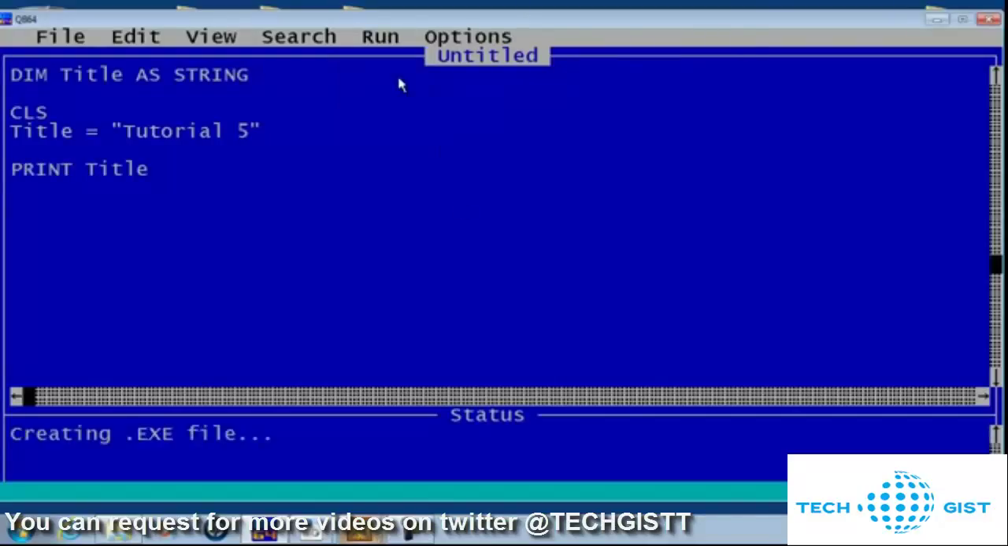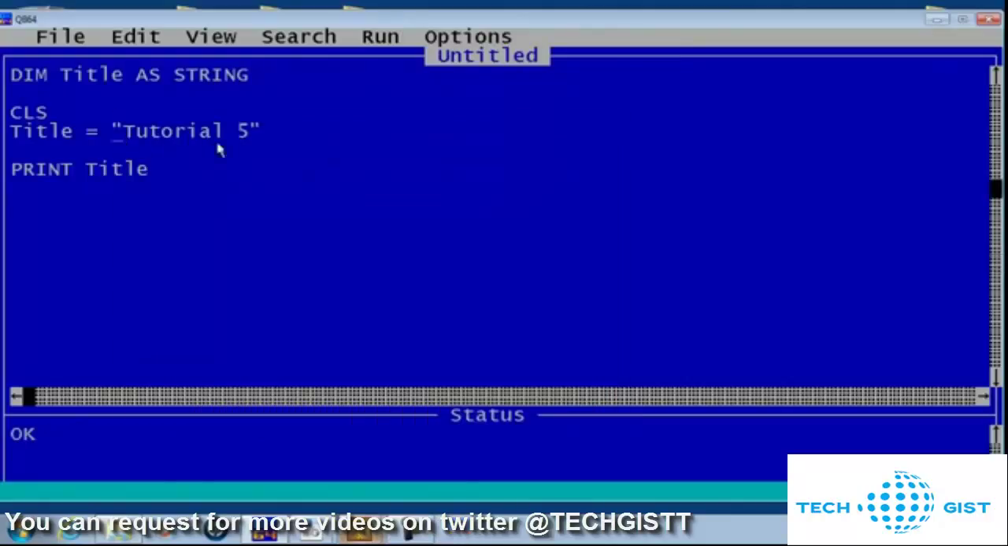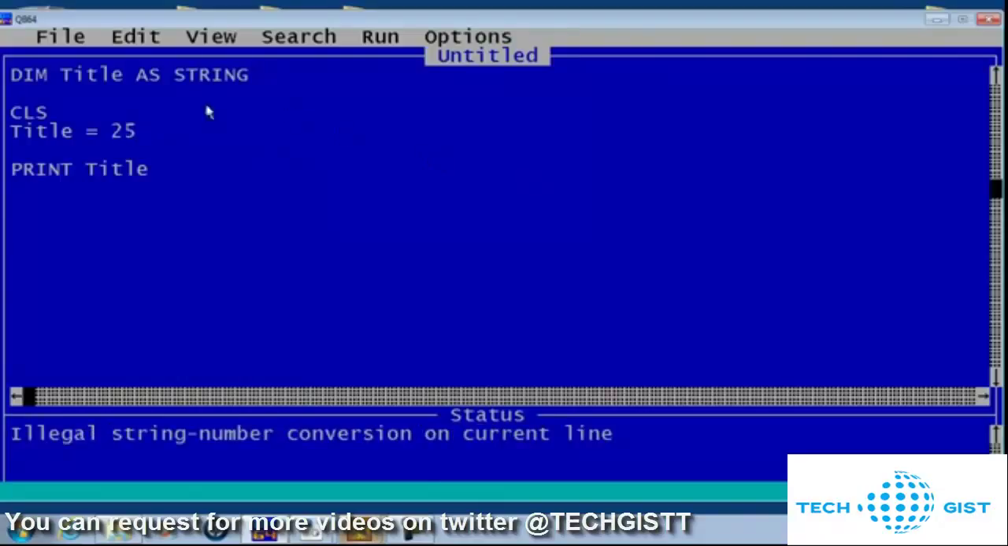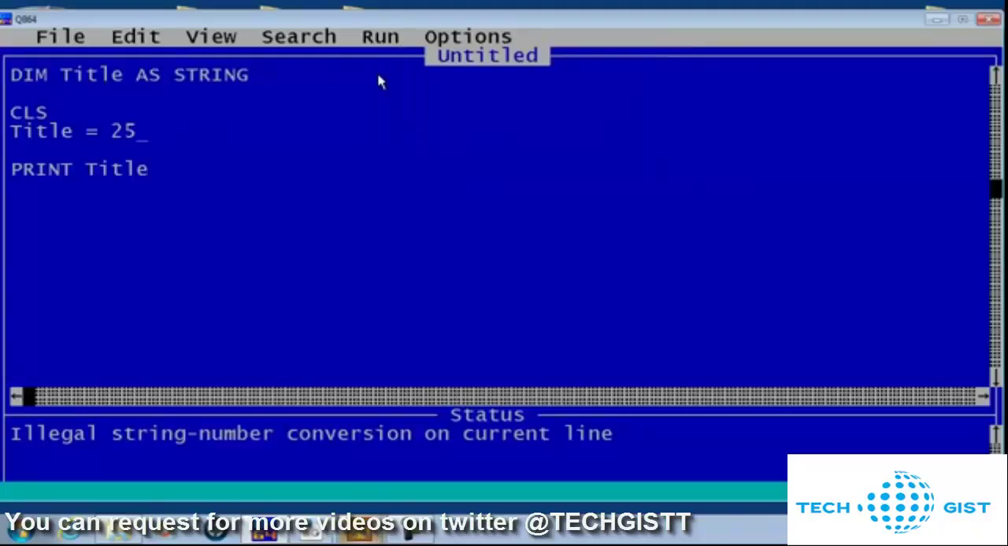Go ahead, run. Tutorial 5 should pop up. It does. Everything looks pretty good. But what if I were to try to put an integer within title? So I'll try 25. Go ahead, run. Try again. Doesn't seem to be working. Under status, it says illegal string number conversion on current line. So obviously it needs to have something within quotation marks